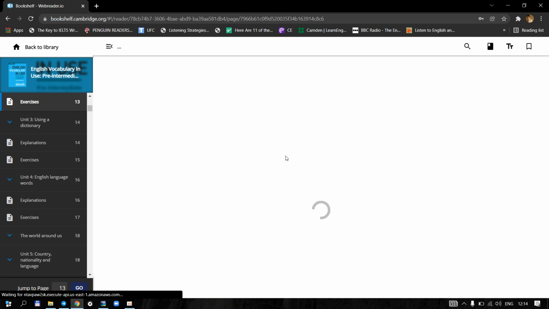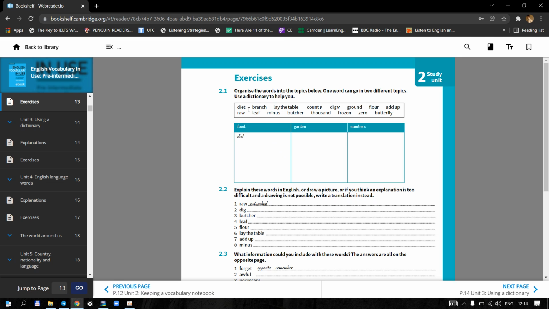I'm just going to explain each one, how to do it. So organize the words into the topics below. So we have food, garden, numbers, right? And one word can go into 2 different topics. Use a dictionary to help you. So pay attention to words and just try to understand. For example, 1,000 goes into the